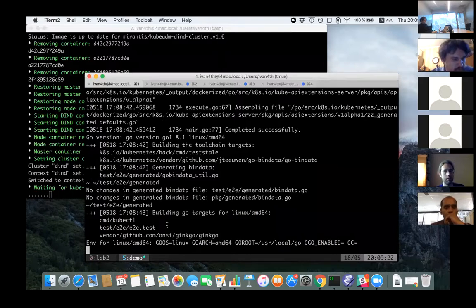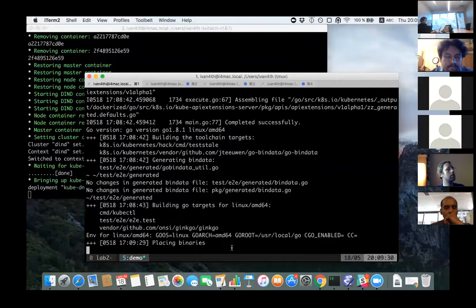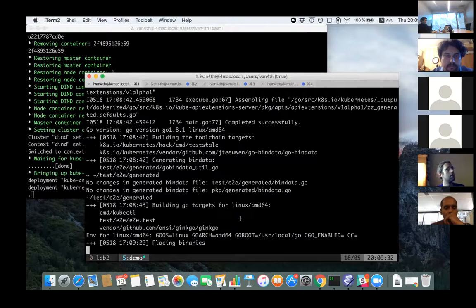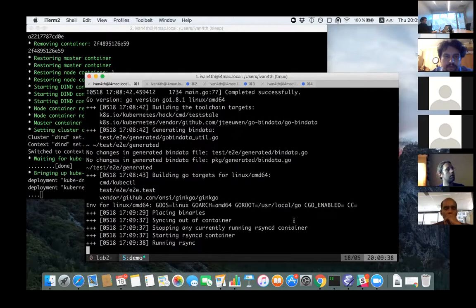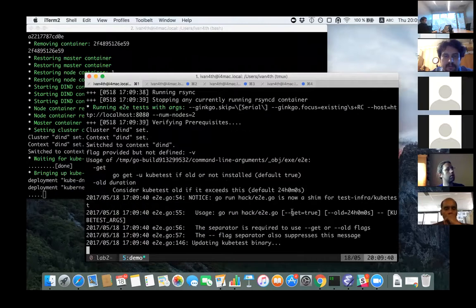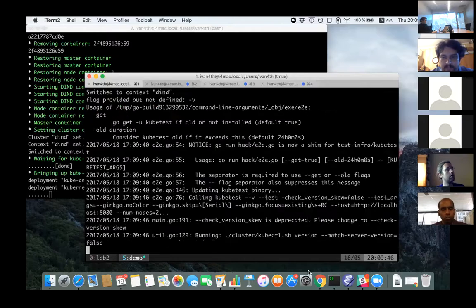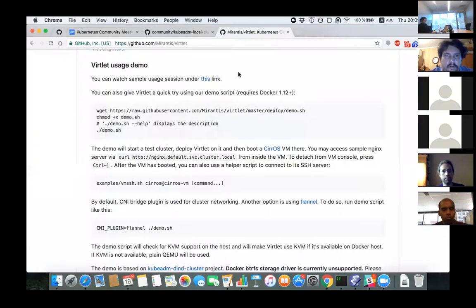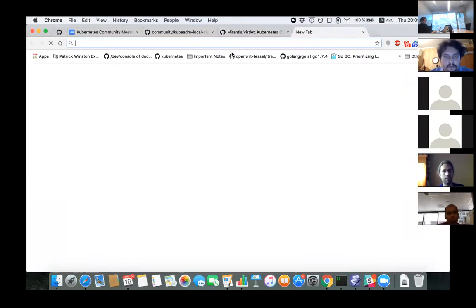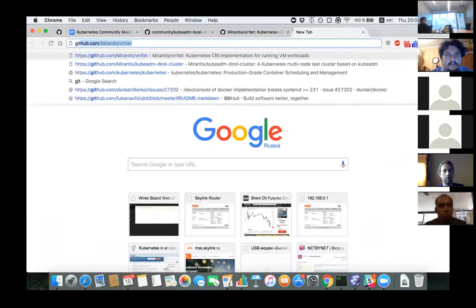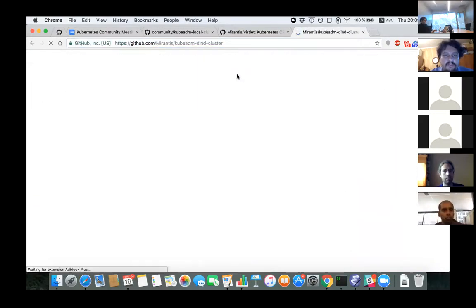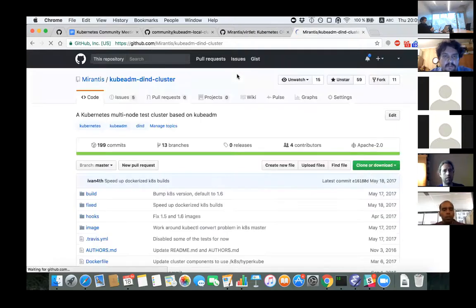Basically, these tools cover such situations where standard tools may cause some problems. Also, it may be handy if you, say, want to change something in kubeadm and test it quickly. So it may be also handy here. Now concerning this CI, what I was speaking about, actually kubeadm DIND cluster has its own CI.